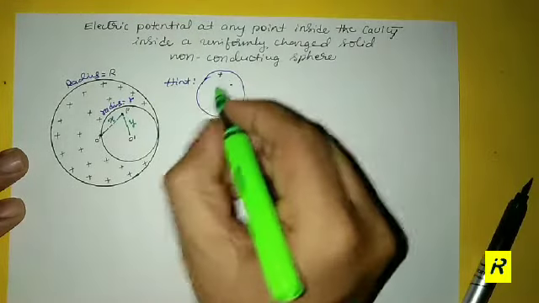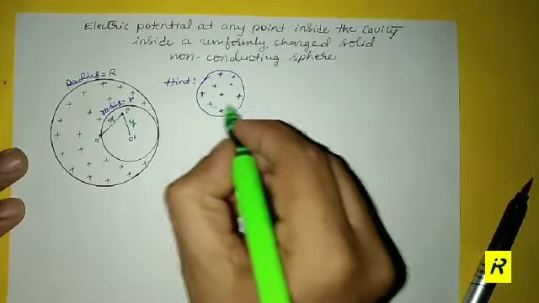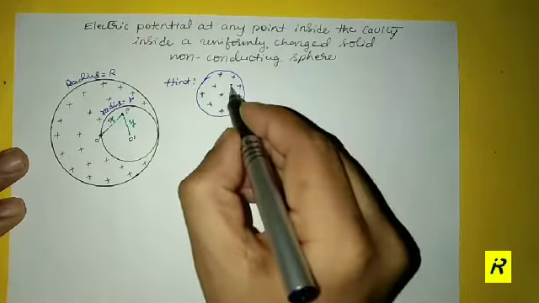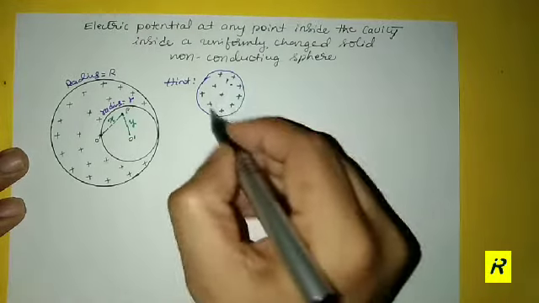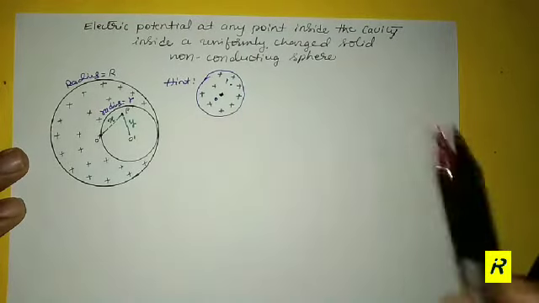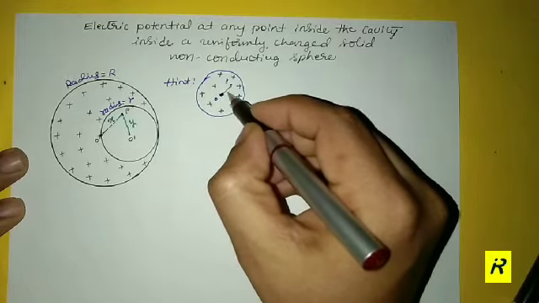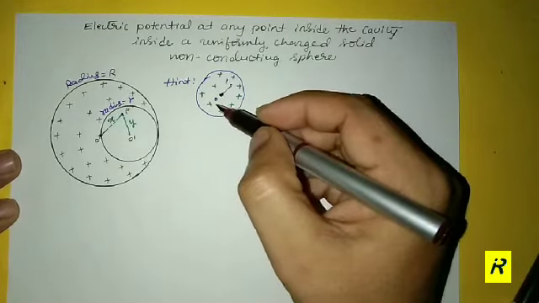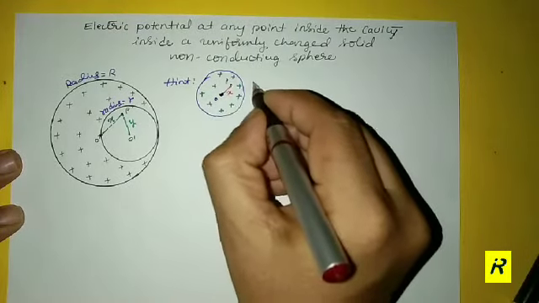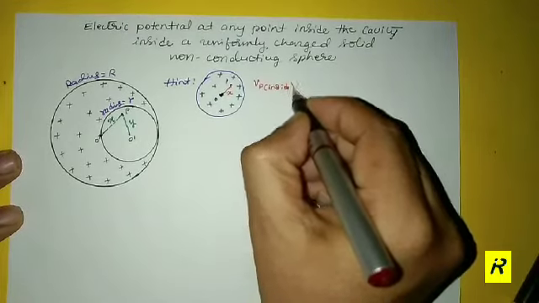So this is the uniformly charged non-conducting material we are seeing, and here is a point P. This is the center O, and if I say the distance between O and P is x, what we can say is that the electric potential at P, which is inside,